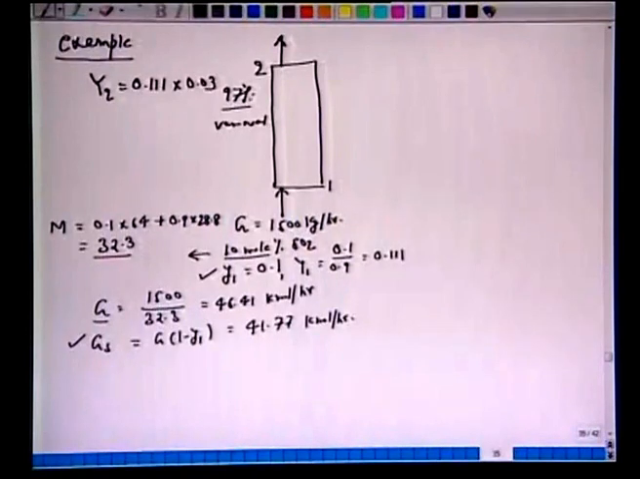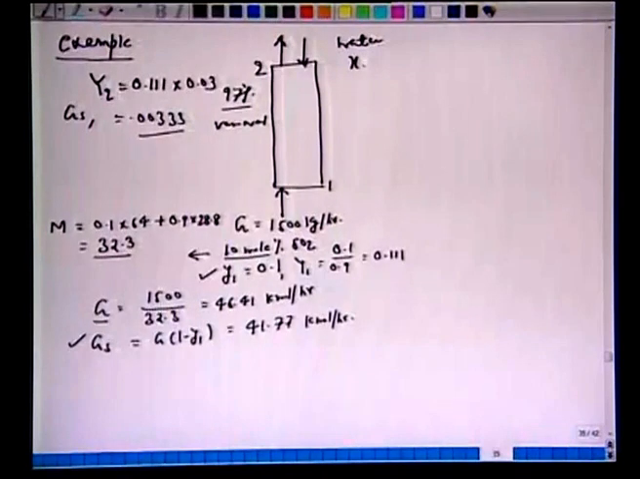So, we are removing 97%, 3% is left, we have 0.00333. So, we know Y2, we know GS, GS will remain the same. All right. And now, we have been given a solvent which is water, pure water. So, we have capital X2 equal to 0. So, there is no sulfur dioxide in this pure solvent, and we have the exit concentrations, where we have this